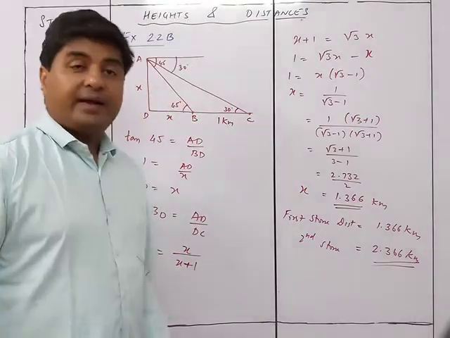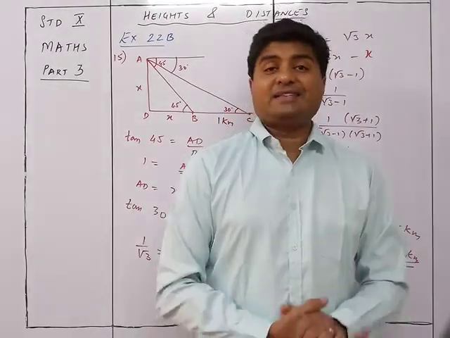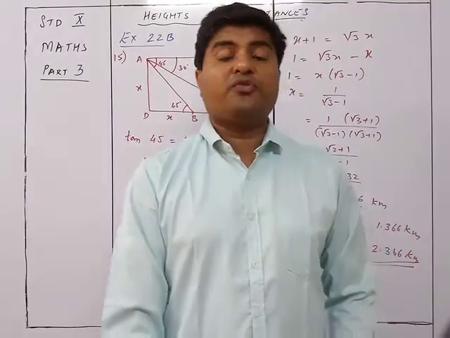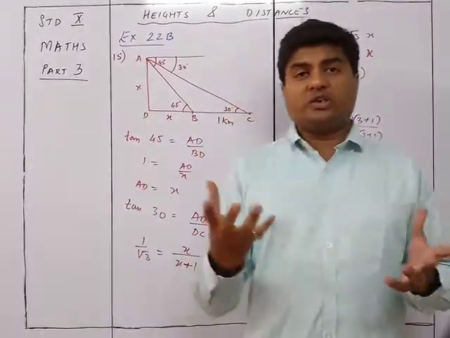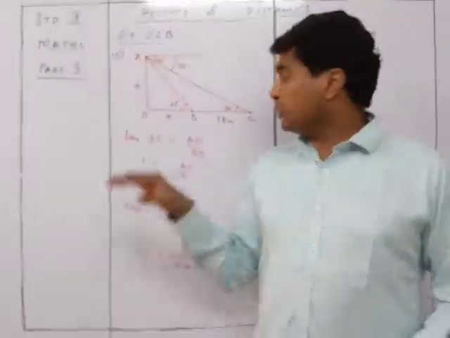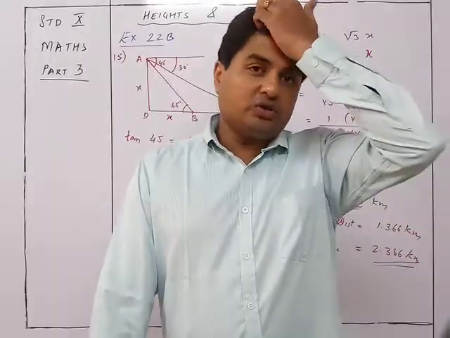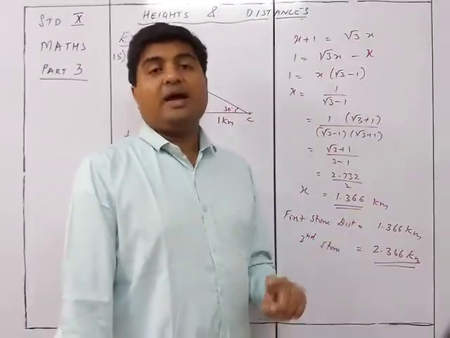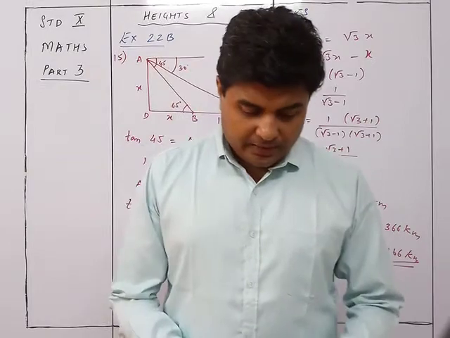That was exercise 22B. This brings us to the end of the chapter Heights and Distances. A very important chapter, because these are questions worth 4 marks in the board examinations. Understanding the question is very important, and drawing the figure is even more important. The figure itself has 1 mark, so even if you don't solve, just draw the figure and you get 1 mark. Plus, while solving, always remember no calculators, otherwise you will create a problem for yourself. So see to it that you practice this well, and that's it.